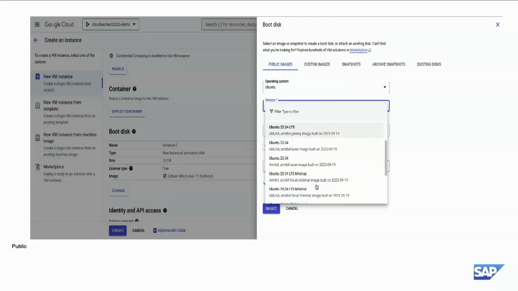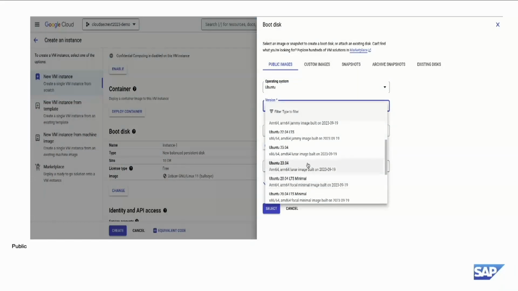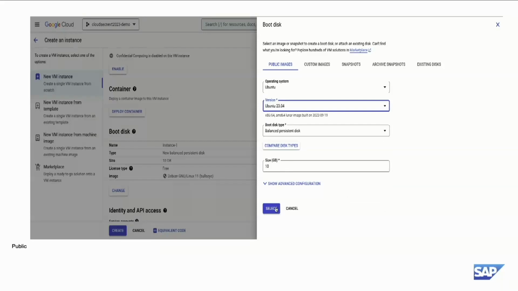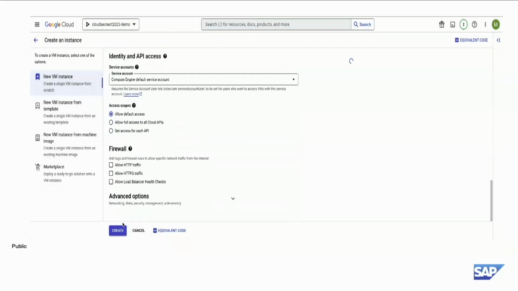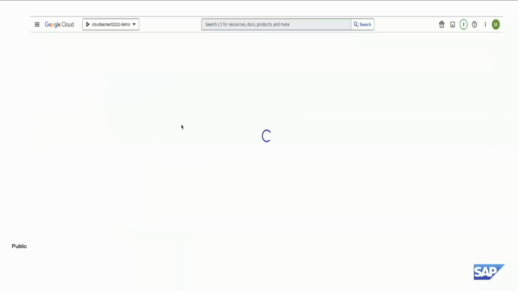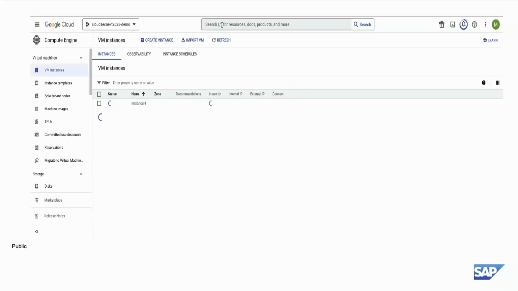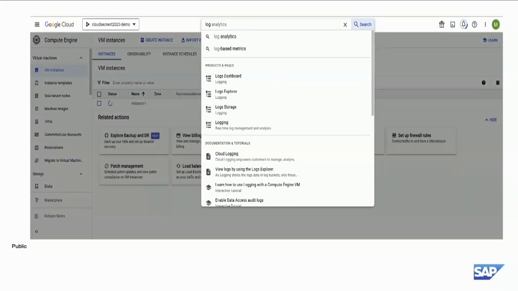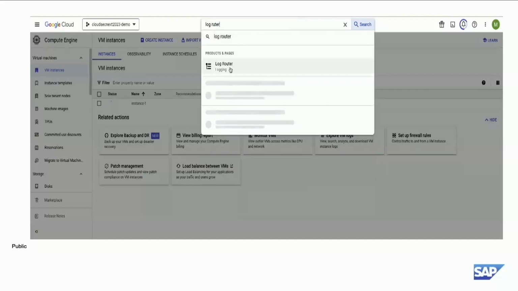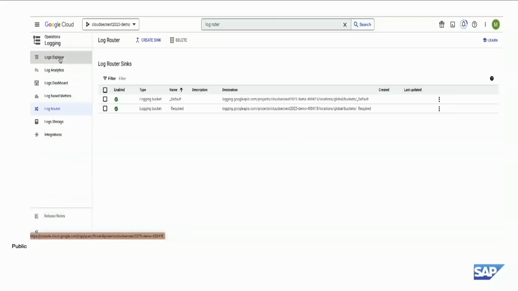So let's see. Right now the latest Ubuntu image is 2304, and you have a policy that people should always use the 2304, which is the latest image. And when the resource is created, you can see in the log explorer, for compute instances creation, the logs showing that you're trying to use this image. So here in the